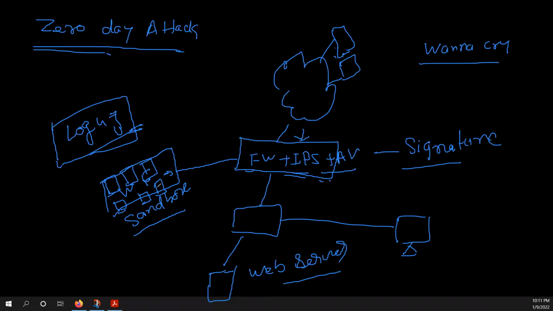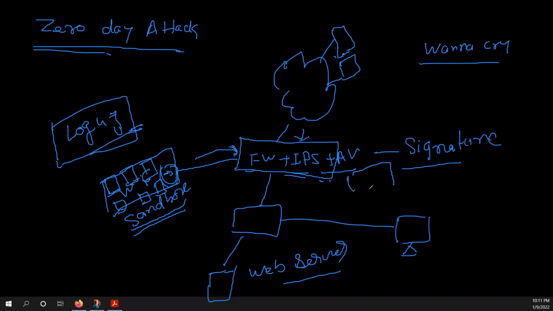And it would look at the behavior of that particular file or payload immediately, and based on that, decide whether it is malicious or not. For example, let's say the file which is downloaded is trying to extract itself, replicate on all the drives, and encrypt them. Immediately the sandbox would know that this file is malicious and would inform the firewall that this file is malicious.